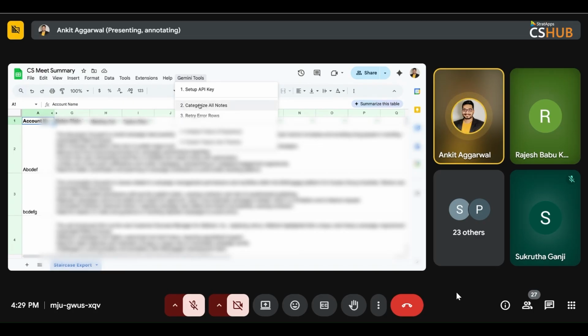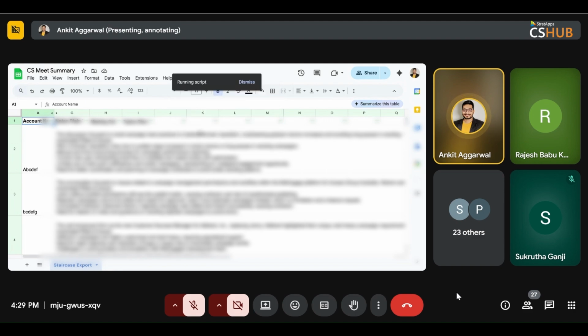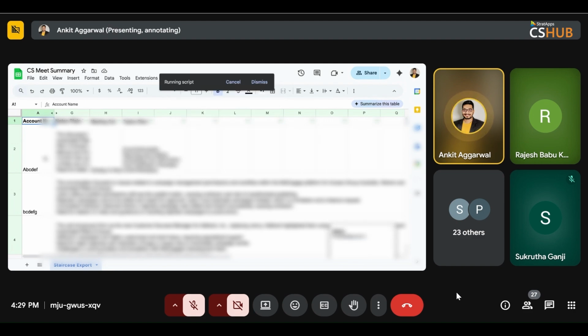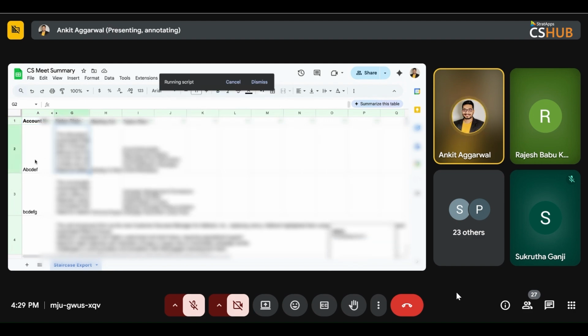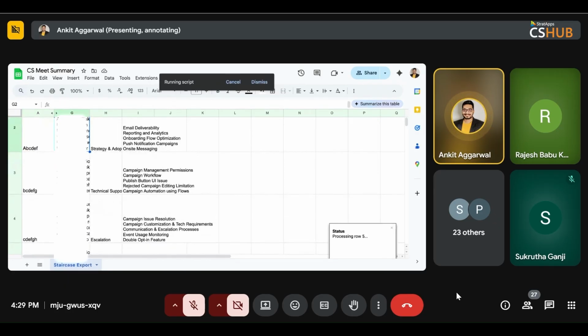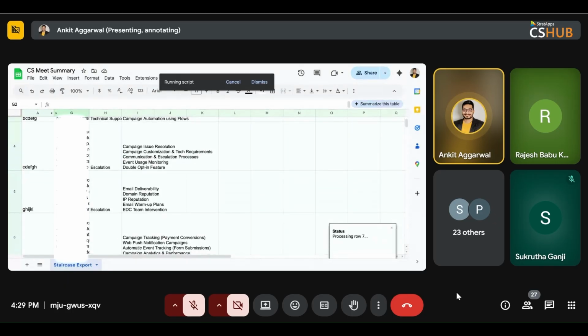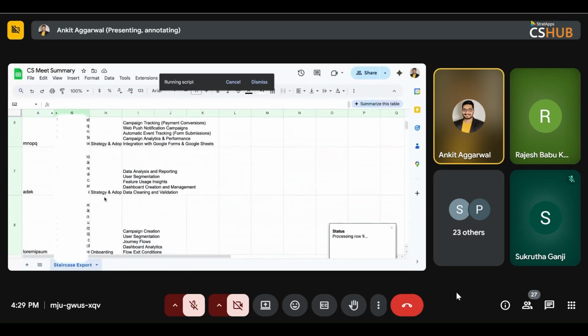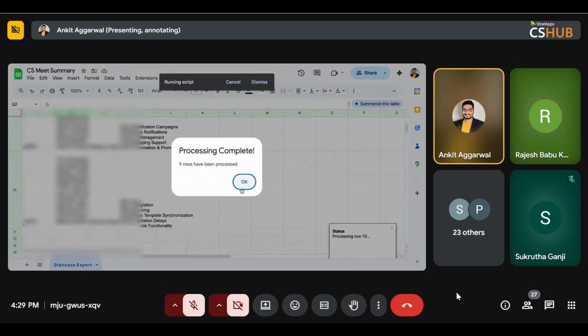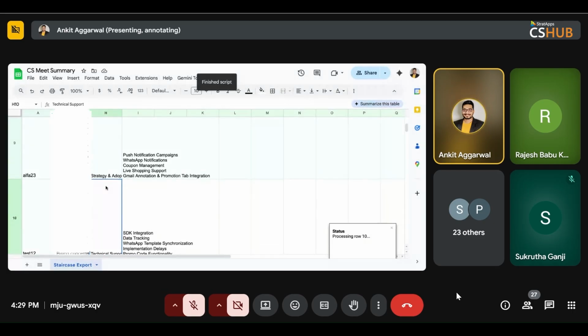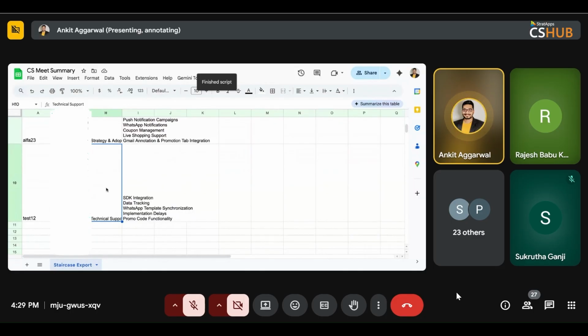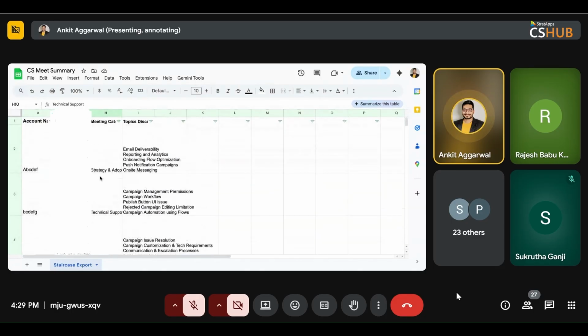So what it would do is, let's say I click on this, categorize all nodes. What it would do automatically is go to each step, go to each node, and try to categorize these into different categories. So what this says is that out of, let's say, a number of calls,